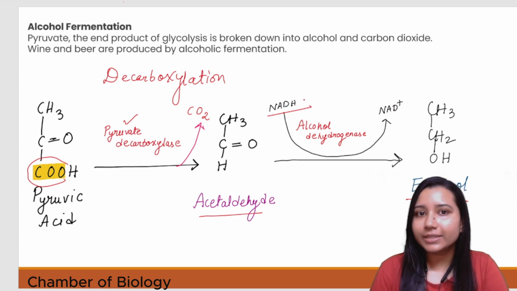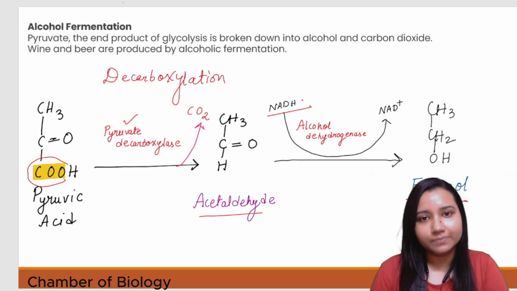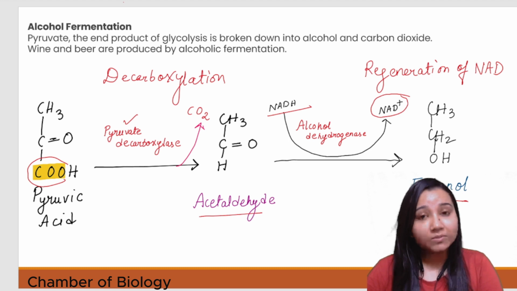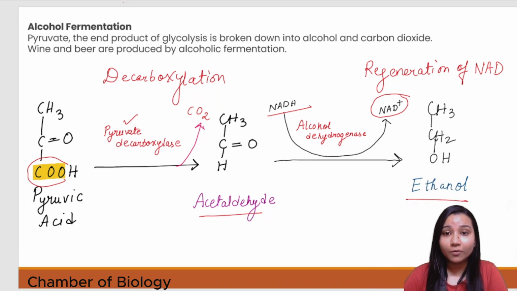That means NADH is not going to give the indirect ATP here. Now it is going to be utilized, and there is going to be regeneration of NAD. And how many NAD, students? As you remember, the pyruvic acid that was forming was 2 pyruvic acid. That means in this whole alcohol fermentation, there will be 2 pyruvic acid forming 2 acetaldehyde, 2 ethanol, and along with that, 2 carbon dioxide is going to be released. So 2 NADH are going to be utilized and 2 NAD are going to be released.